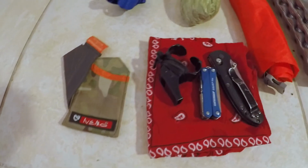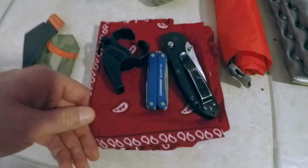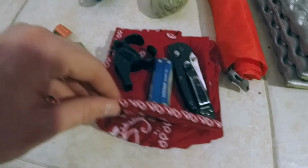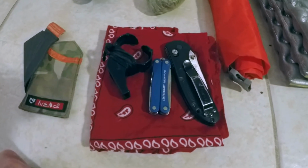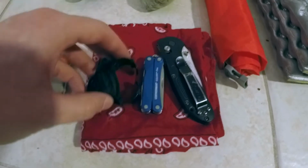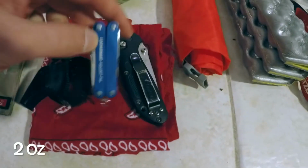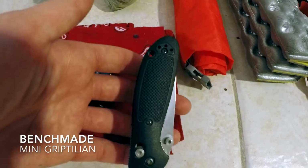I picked that up when a vendor came into the store. Of course, my handkerchief that I always bring with me. This thing is gonna come with me on my through hike probably, as long as I don't tear it up until then. My trusty whistle as always, my Leatherman Squirt PS4 multi-tool, and of course my Benchmade Mini Griptilian pocket